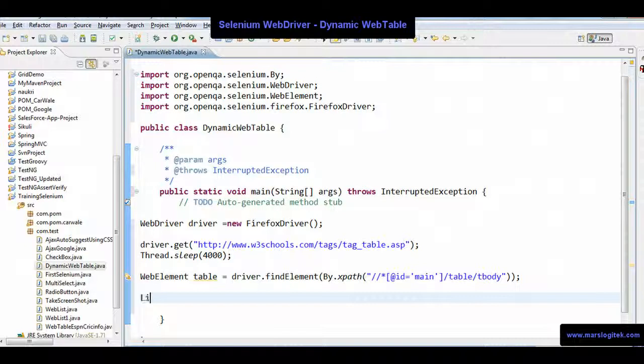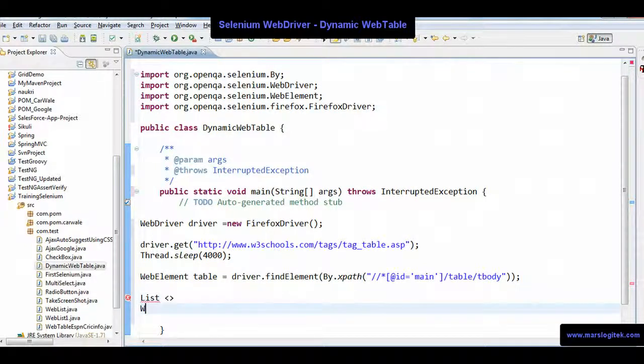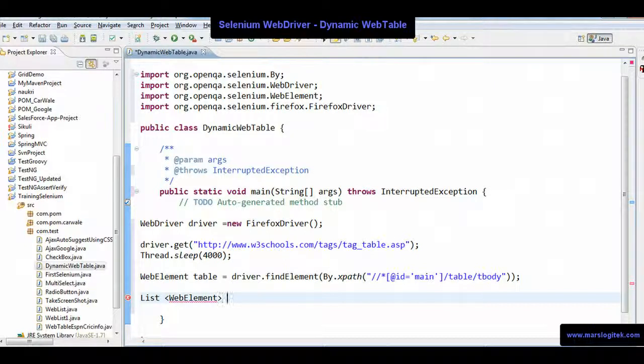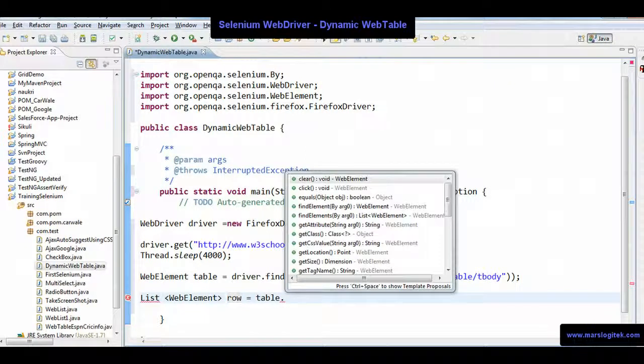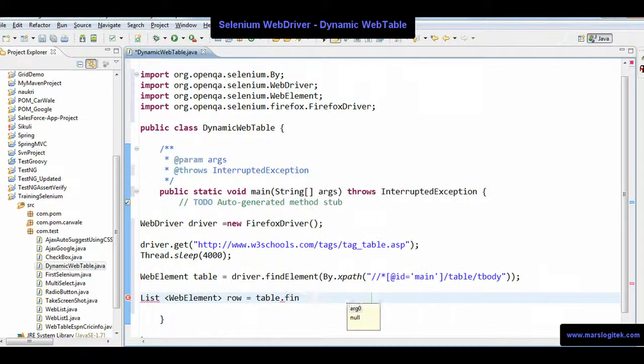That's the question. So now I'll create a list, and of course that's a web element. I will call that rows, is equal to table dot find elements by what? You remember that we tried with the span, with tag name with option in the previous session.